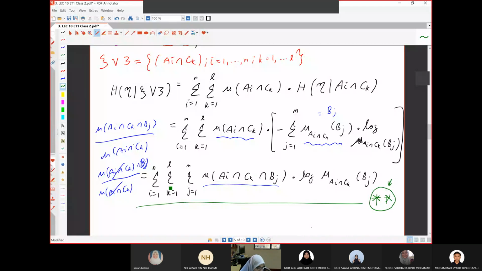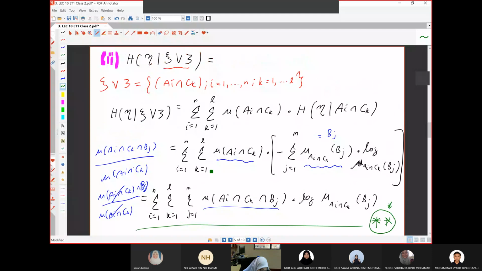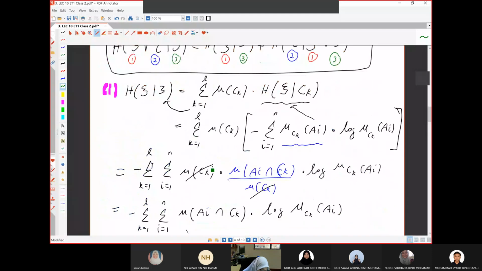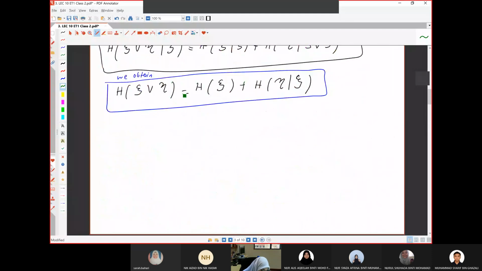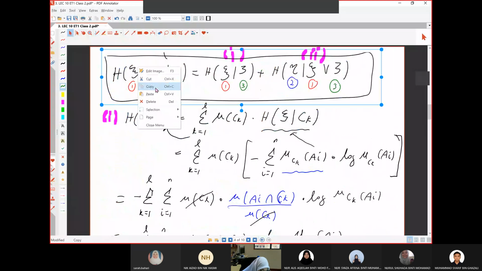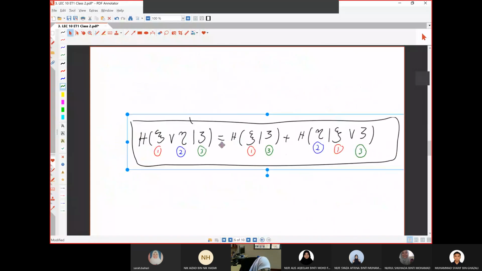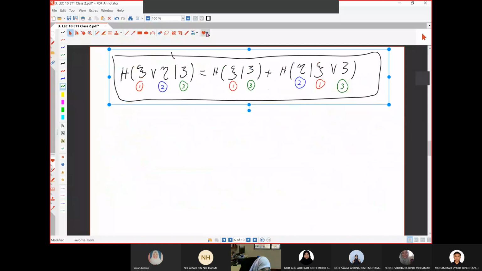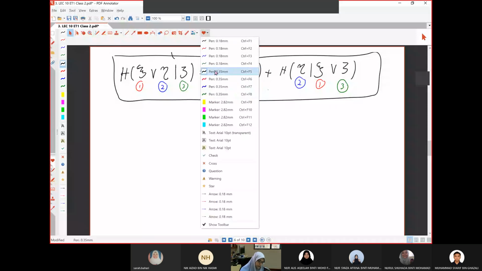Okay, so now we can find the left hand side. Let's try to find the left hand side. I copy this again. Now I want to find the left hand side, which is this one. You know part 1, part 2 already. So for the left hand side,